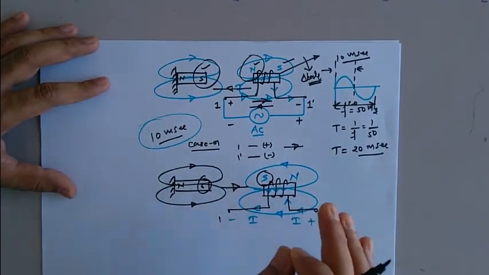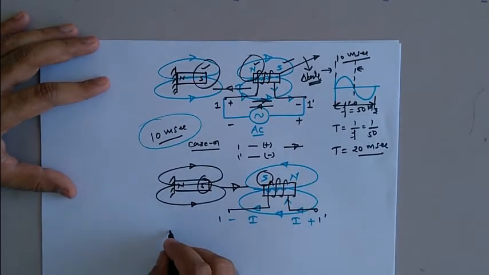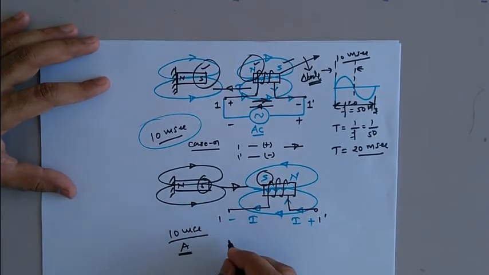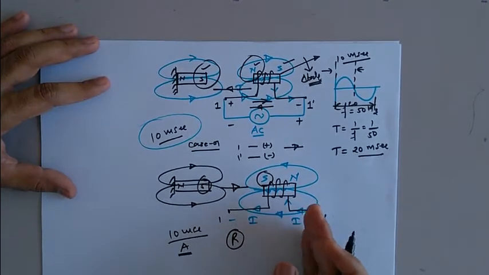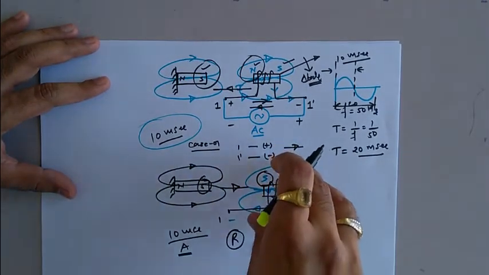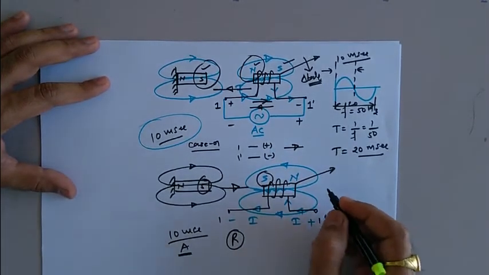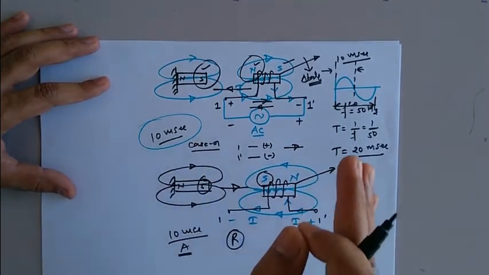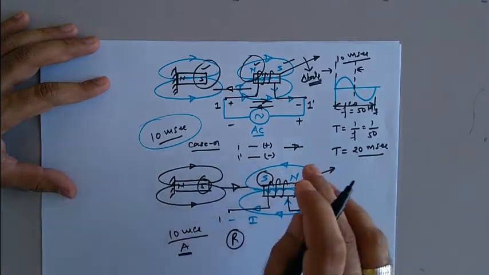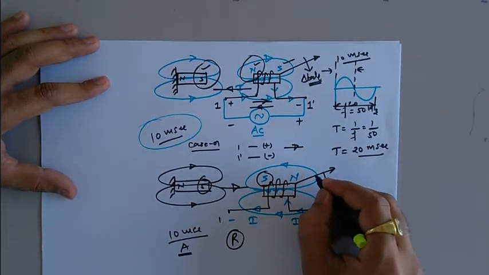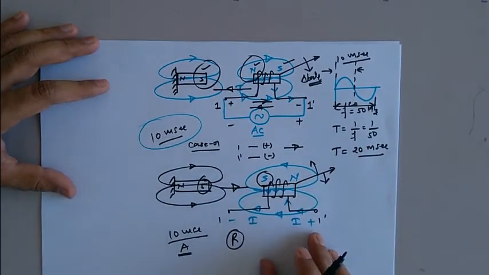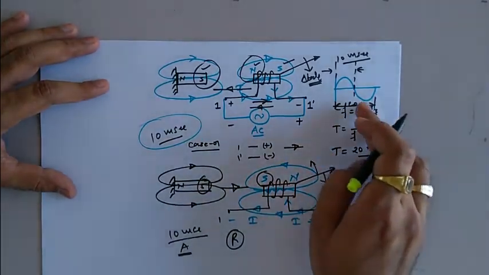So from this, it is very clear that in first 10 millisecond there will be a force of attraction, and then in next 10 millisecond there will be a force of repulsion. And because of that reason, due to the inertia of this system, suppose if you connect a pointer over here, it will not sense any rotation. It will not rotate either in clockwise direction or in anti-clockwise direction, because this is your electrical domain.